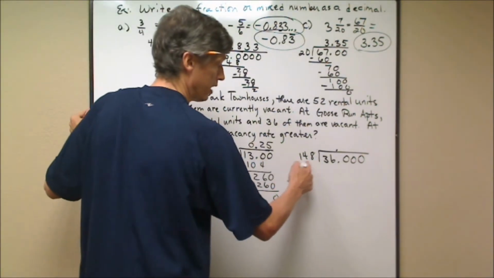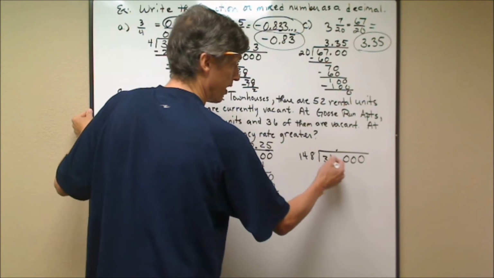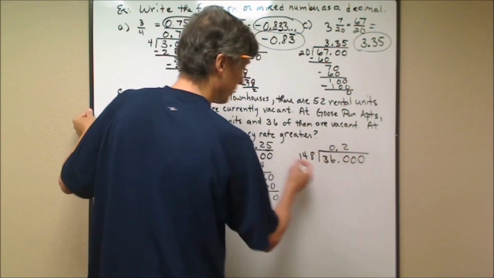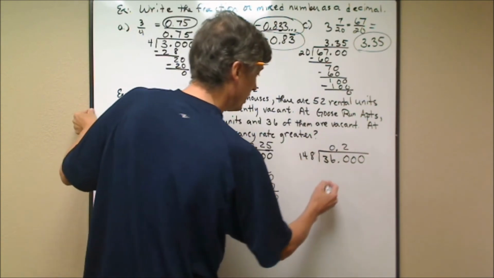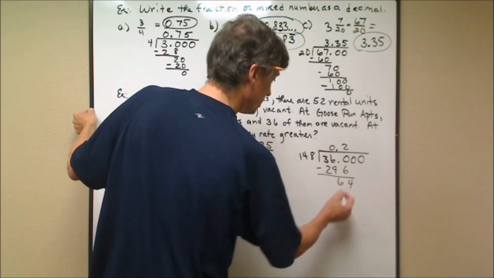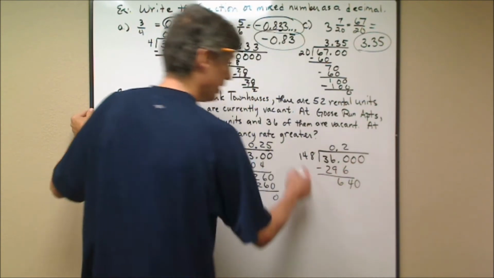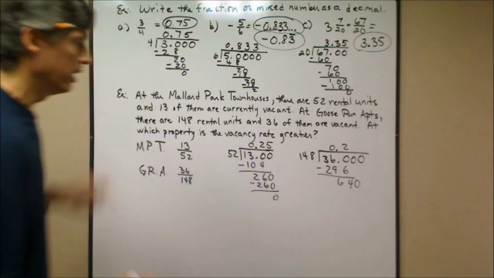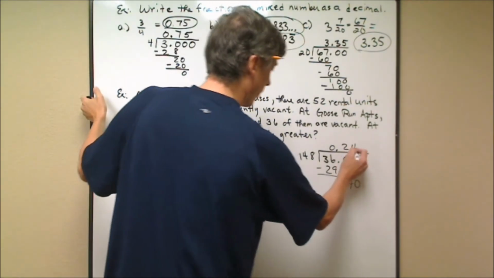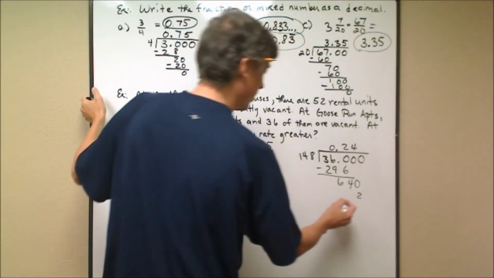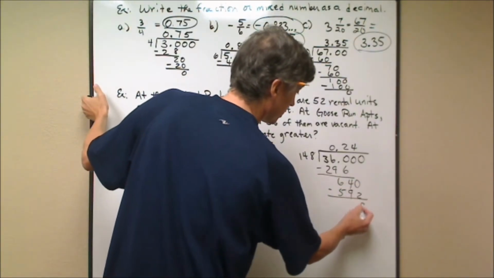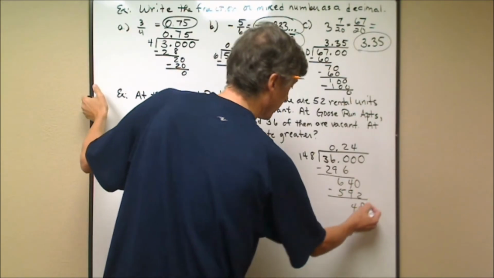Over here, 148 doesn't divide into 3, it doesn't divide into 36, but it will go into 360 2 times. So far they match. 2 times that would be 296. I subtract, 4, 6, and I bring down a 0. This goes into that, let's see, 14, I'm guessing about 4 times. I don't think it's got enough for 5. Let me try 4. 4 times that, that'd be a 2, carry a 3, a 9, carry a 1, a 5. I think I got it right. So that's an 8, and that's a 4, and then I would bring down the 0, and I would continue